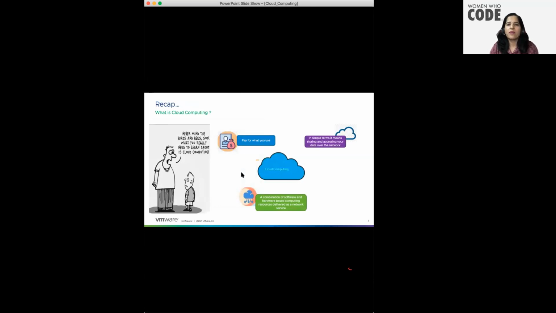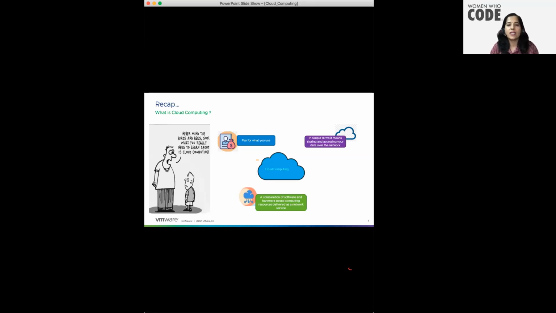So cloud computing is a buzzword. Everyone knows it. Everyone must have heard it. And it is almost omnipresent everywhere. There are multiple cloud computing applications and services which we use without even being aware that it is a cloud computing service. For example, Facebook, Twitter, Google Docs, Gmail, and many more. I'm sure you all must be using these services. And it will not be too much to say that the time is not too far when, as parents, we will be telling our kids not to worry about the birds and bees, but instead to learn about cloud computing. So it again gives you the importance of cloud computing and how widespread it is.